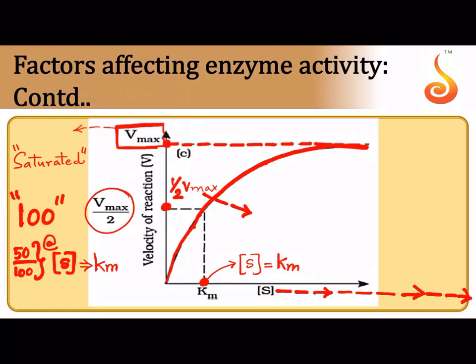Why in Vmax there is no further increase? All the 100 enzymes that you had taken have become bound to the substrate molecule. So even if you put 200, 300, 400 substrates, nothing is going to change, because all the 100 have become occupied, the substrates have gone and sat on all the 100 active sites which are available, and that's why we call this point where there is no further rise in the velocity of the reaction as Vmax. Okay?